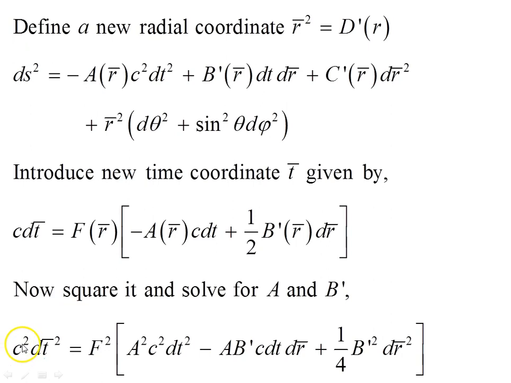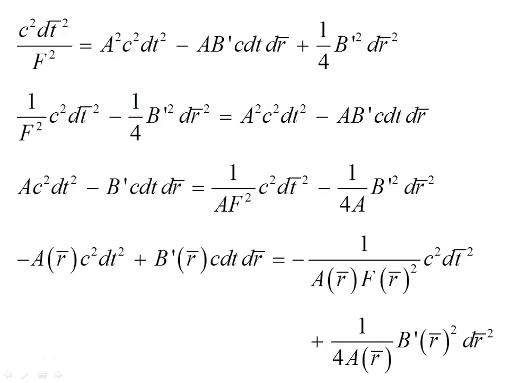So squaring both sides, we get c squared dt squared here, f squared, all of that expanded out, which is just the square of this, that squared plus 2 times those things multiplied together plus this bit squared over here. Keep going, divide through by f squared to free up the right hand side here, and then this final bit here, bring that over to the left, and we're left with something that looks like what we had on the previous page. Okay, now next thing, let's divide through by a,